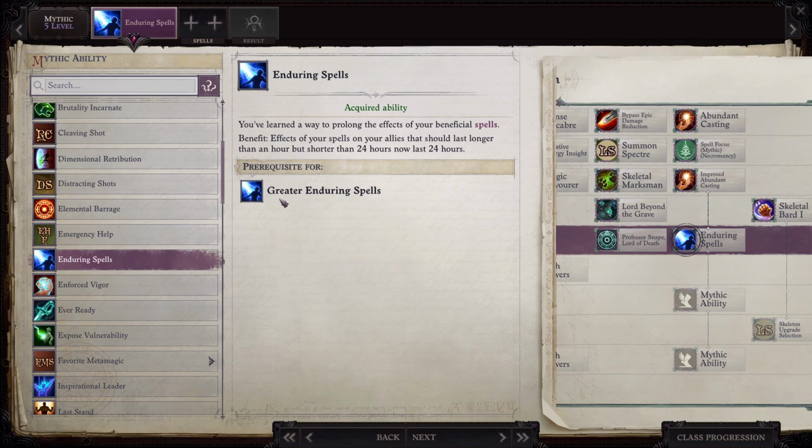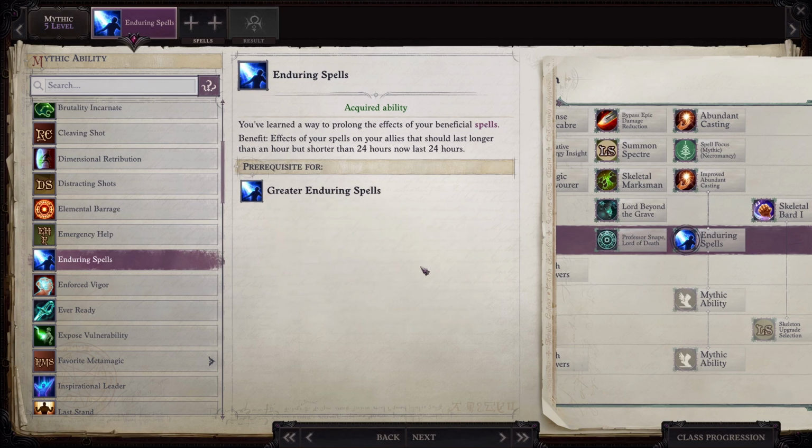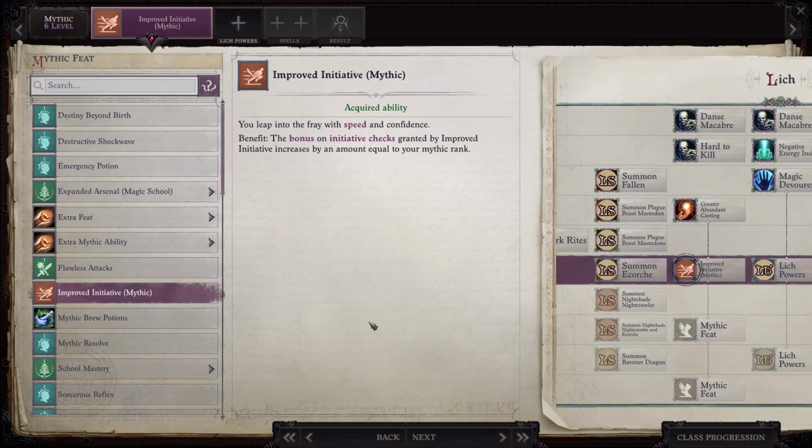And so I find it useful to go ahead and take Enduring Spells and Greater Enduring Spells, because that way the Lich can cast things like True Seeing, protection from certain elements. All these things will last for 24 hours. That's very beneficial. At Mythic level 6, I chose Improved Initiative, and we already took the base Improved Initiative during feats,